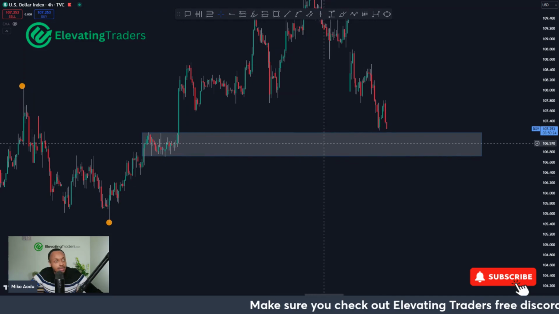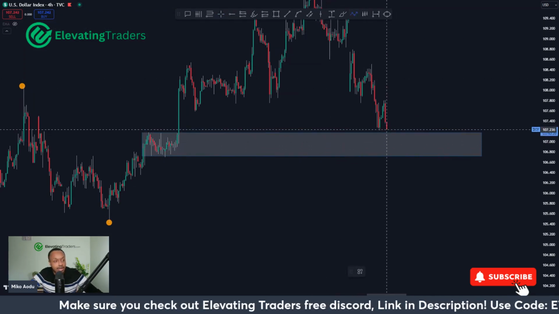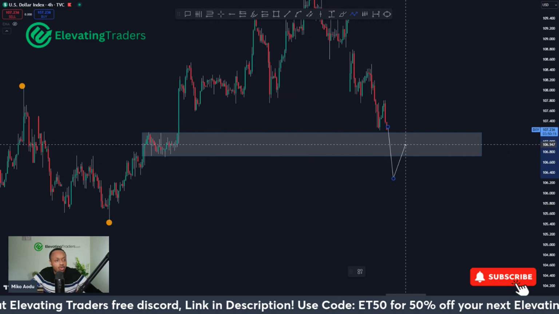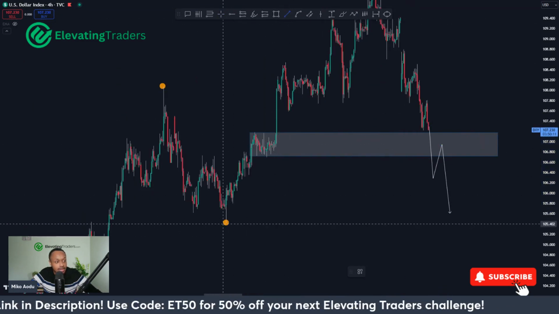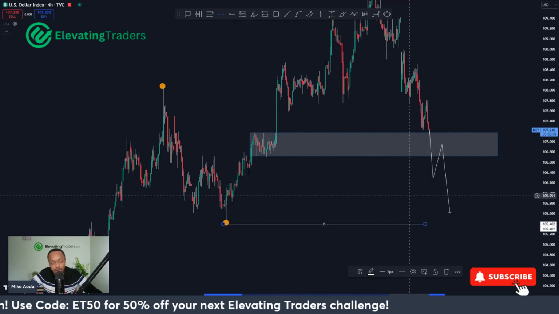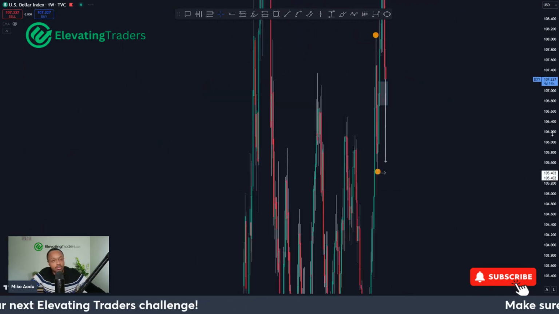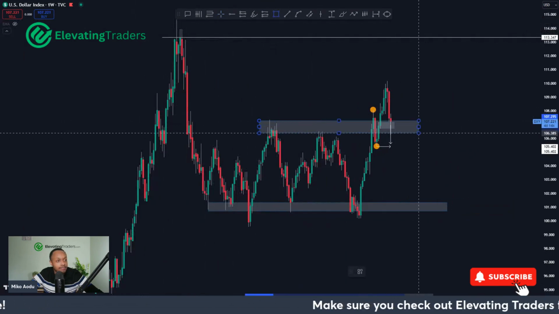Of course, if that doesn't hold as support and we don't see any kind of buying pressure step in, if we do start breaking through, I'm not necessarily bearish on the dollar, but I will be looking to relax that bullish bias. And if dollar keeps falling and takes out this low, then I'll be very bearish on the dollar, expecting a lot more downside, because at that point, it's probably also breaking underneath this level on the weekly chart,